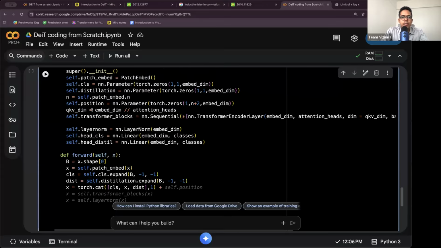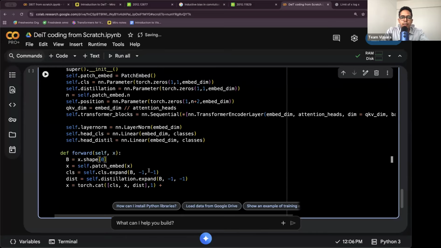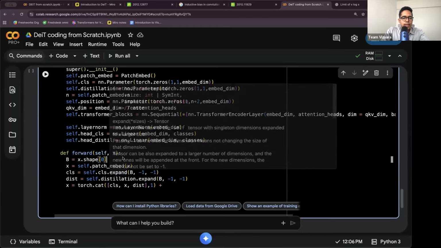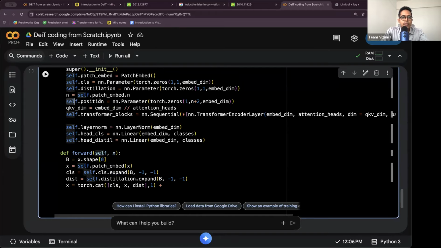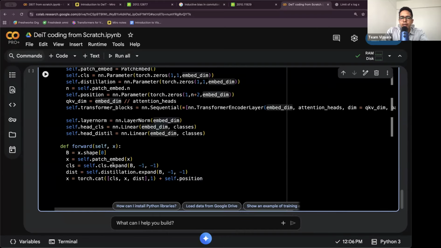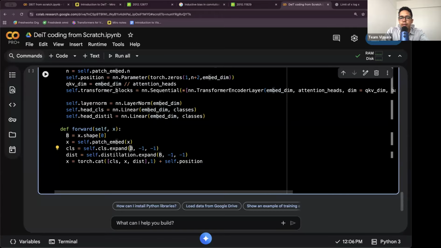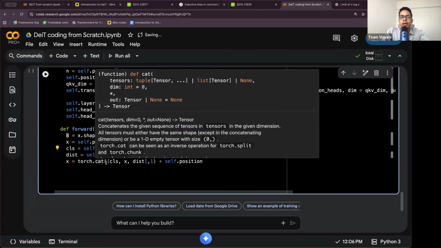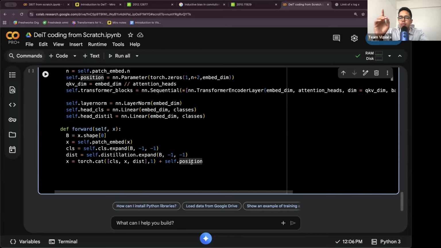So in the last lecture, if you remember, we had expanded the position embedding also, but it's not strictly necessary, because if you simply add this self.position, Python will automatically do something called broadcasting. So see the issue here. Position has not been expanded. So position is still assuming that the batch size is 1, number of items are n+2, and the last item is embedding dimension. But here CLS token is taking B. B is mostly 12. So here the dimensionality is 12, comma, n+2, comma, 32. But position embedding is 1, comma,